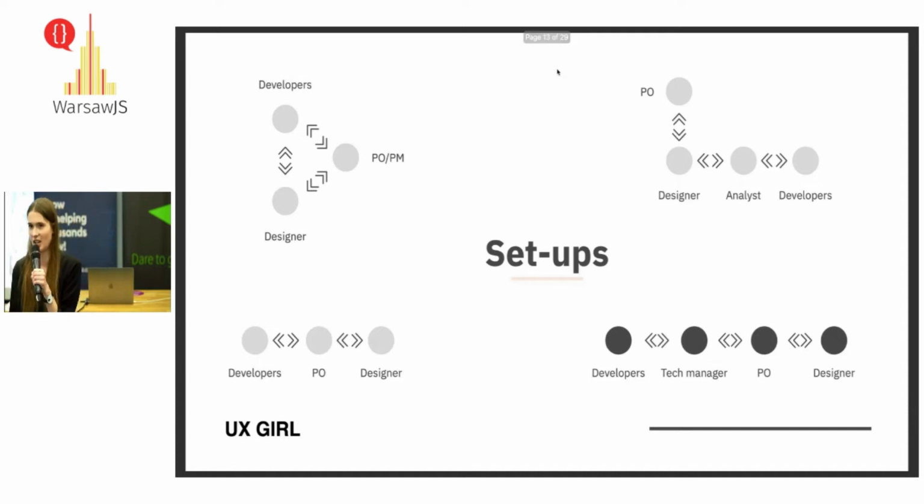And the last one, which is quite radical, I would say, is when you have some developers and these developers have a manager, and just the manager communicates with some business person, and this business person communicates with the designer. And of course, the communication goes the other way around too. In this one, you can see that there is probably not much communication between developers and designers. Why? I don't know.